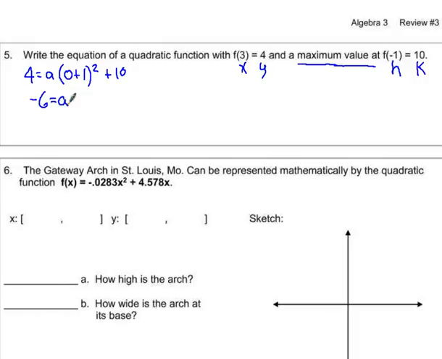All right. Now we go to f of x. We just plug in the information that we just calculated, and we get f of x is equal to negative